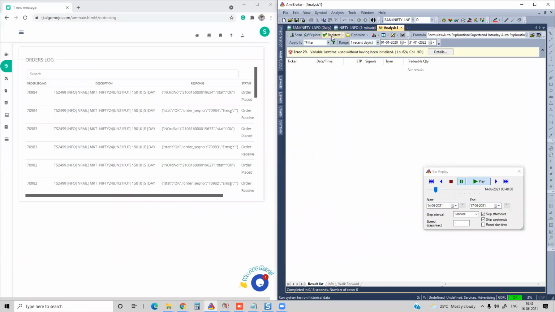I'll go and restart the simulation here. Explore. So it should keep on doing auto exploration.